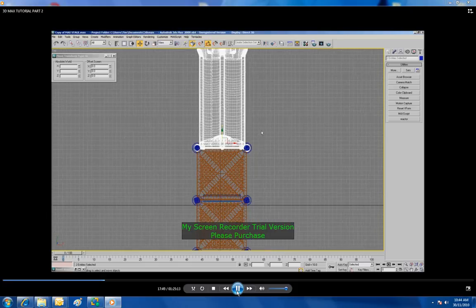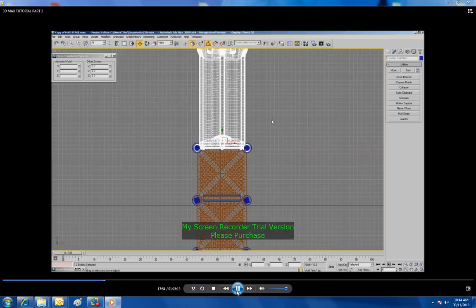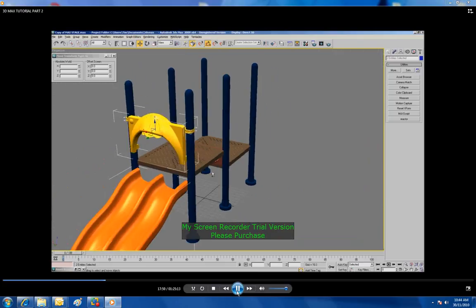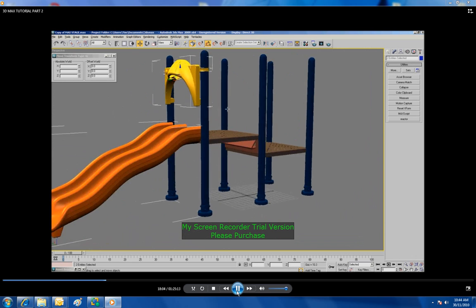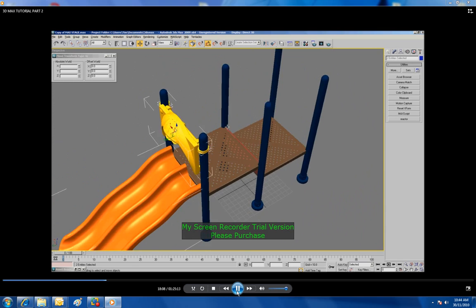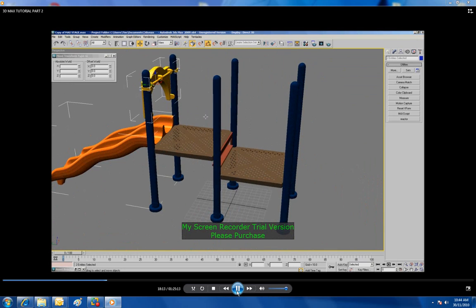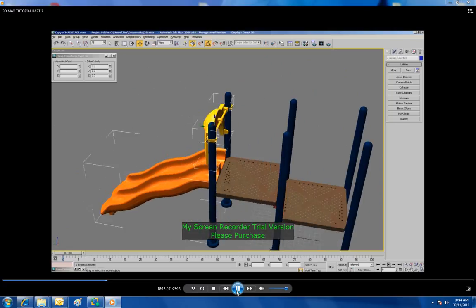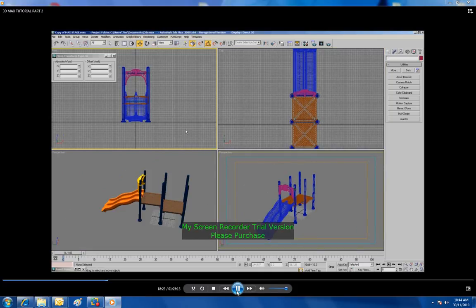Okay, so our slide's virtually in position. Now I can't see much in the top view, so that's why I like to set up that other perspective view, because I like to get in here and really see what's going on. It's obviously too low, so I'm going to move it up to the deck. There we go. Pretty neat. The clamps are pretty much already around the post because I did a good job of lining them up, so I don't even need to tweak them really. Probably that one a little bit, but I'm just going to leave that for now. Okay, our slide's done. Now if we check it out from the front,